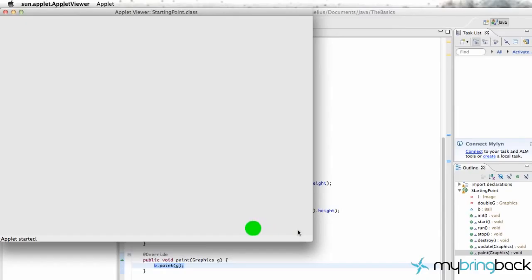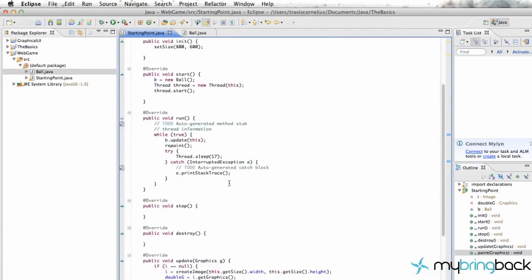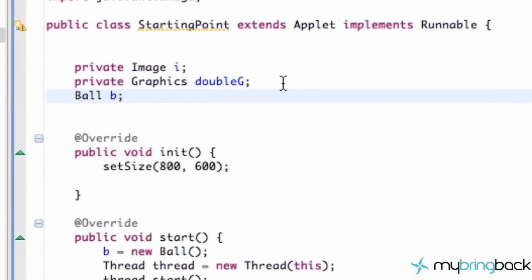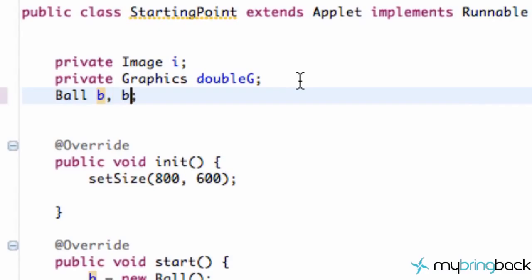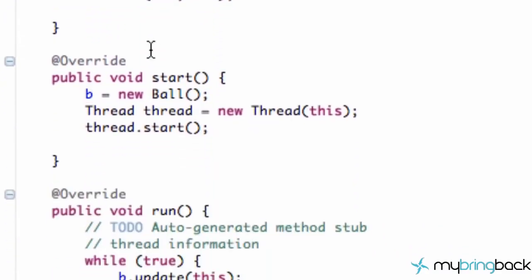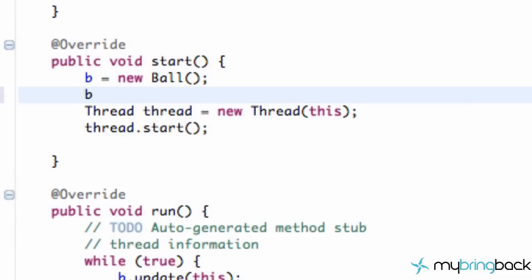And the awesome thing about this is we can set up multiple balls if we want. So we're going to have ball 1 and comma B2 for ball 2, and the only other thing we're going to do is have our ball 2 equal to a new constructor that we're going to set up here, and we're just going to give it initial x and y values of where we want to start this ball at, because we want it in a different position than our previous ball. So I'm just going to say like 250 by 250, start this ball there,